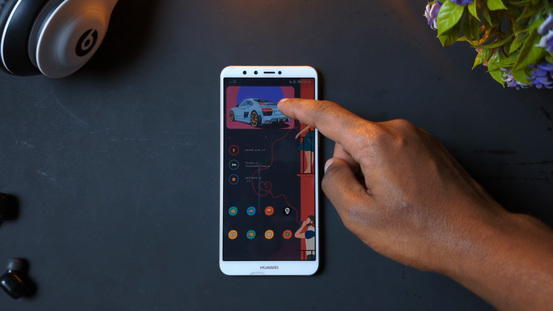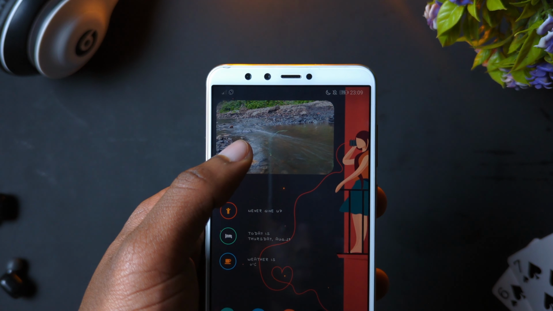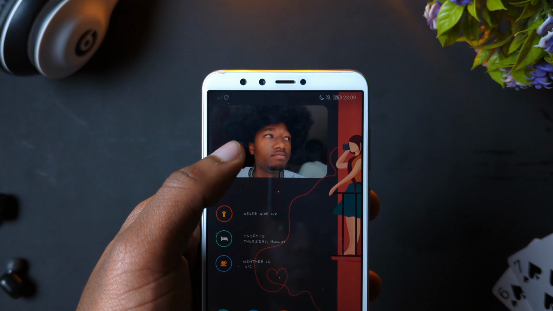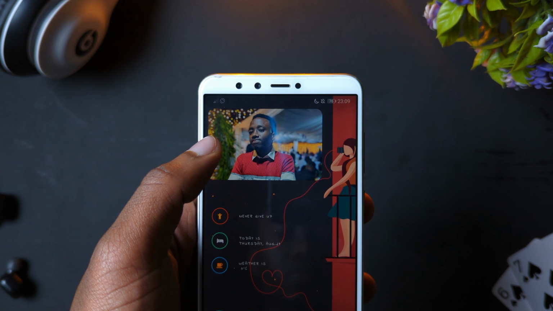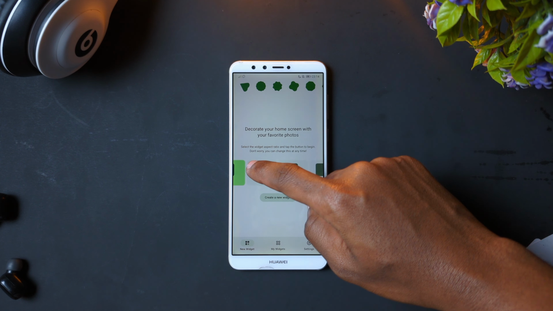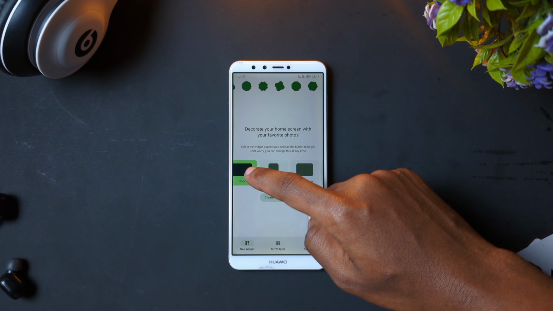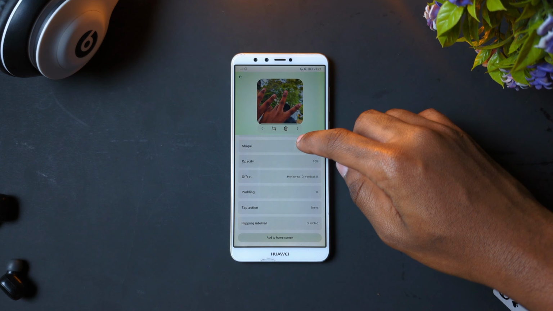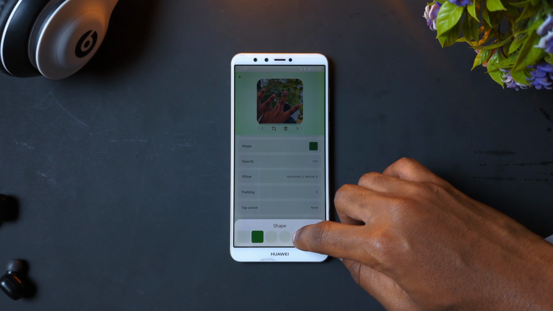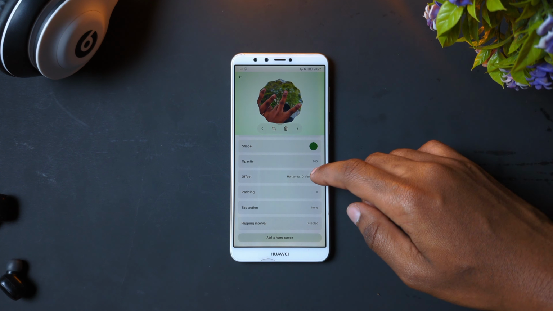Get a less boring home screen setup with Material Photo Widget, an app that lets you add your favorite moments to your home screen in a creative way. Within the app, you get to choose from a variety of aspect ratios for your widget. You also get the option to edit your widget, whereas you can adjust the shape of the widget, change its